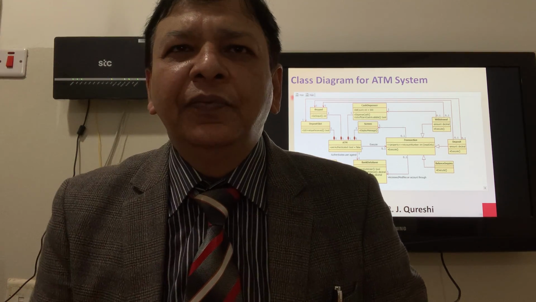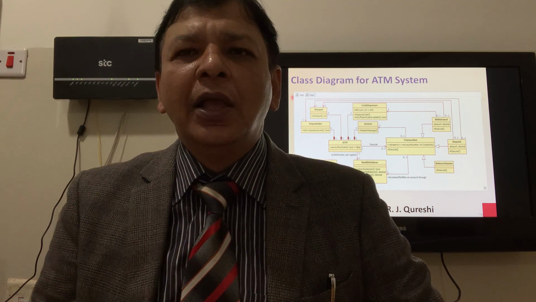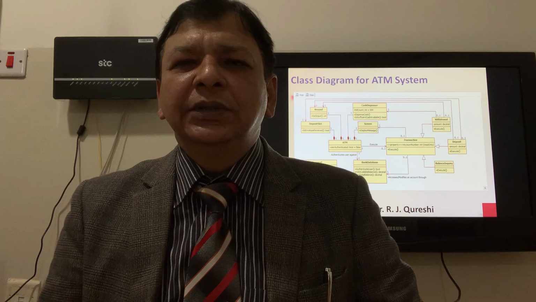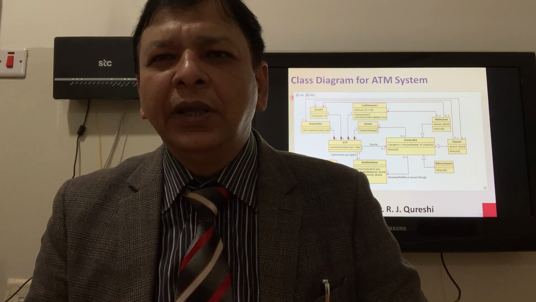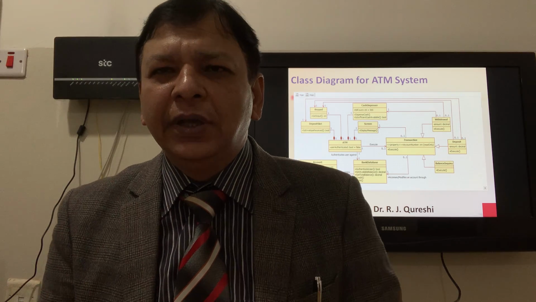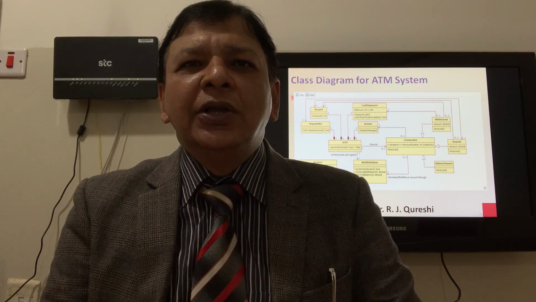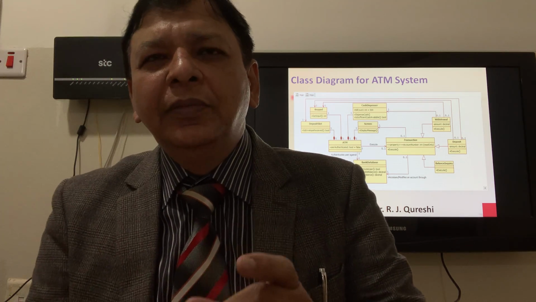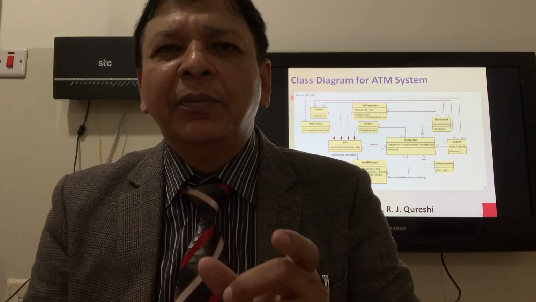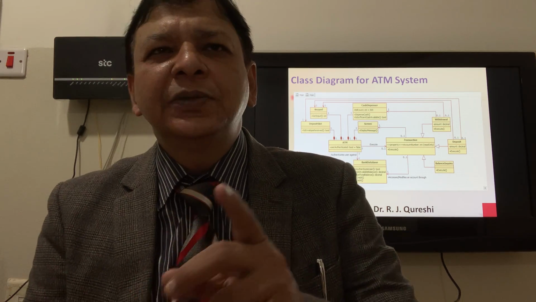This is an example of a class diagram for an ATM system. This is from one of my students, his name is Ahmed Munir Bakri, if I am not mistaken. This is his degree project. So we have ATM, and you can see the filled diamond, the composition relation, with the screen, with the cash dispenser, with the keypad, and we have the deposit slot.